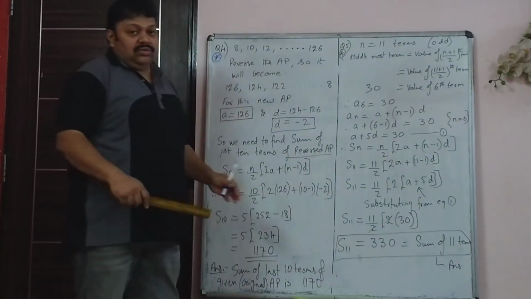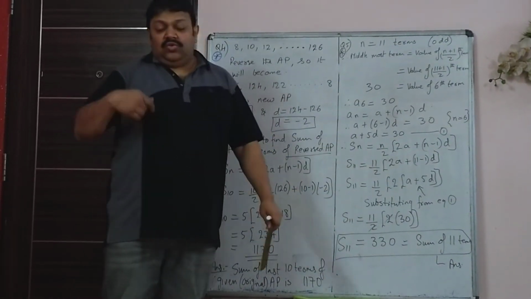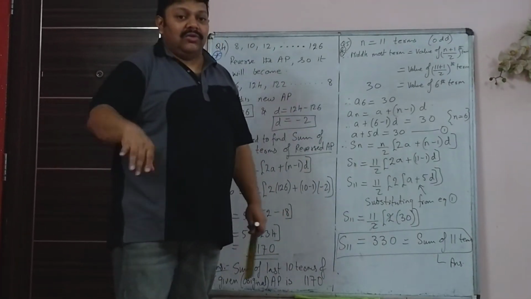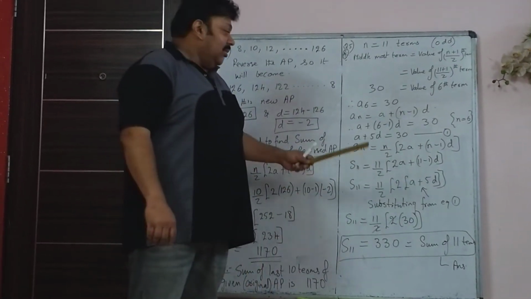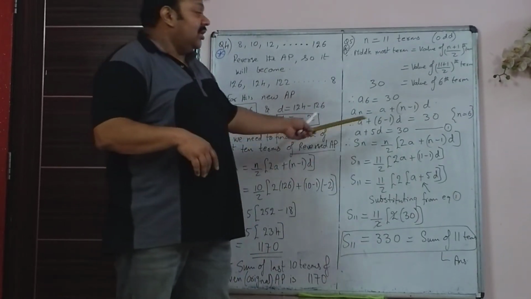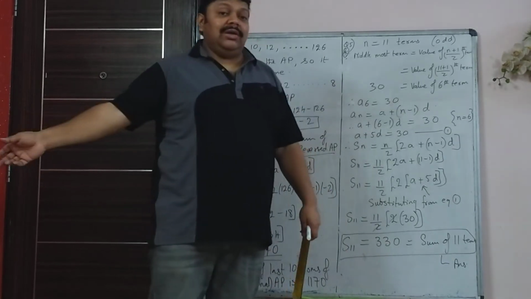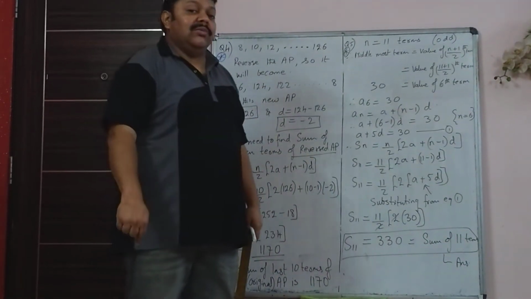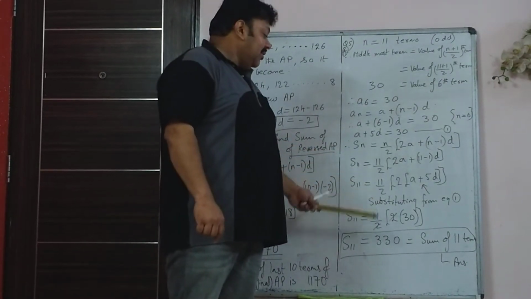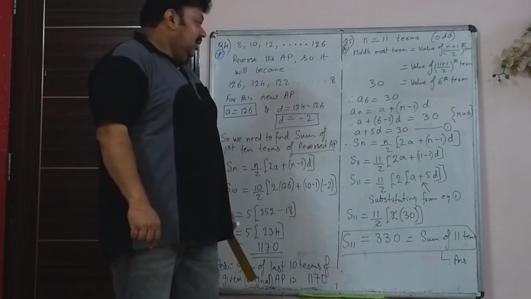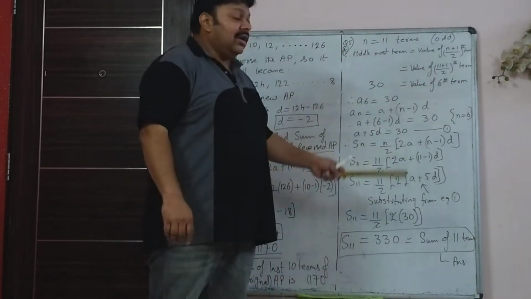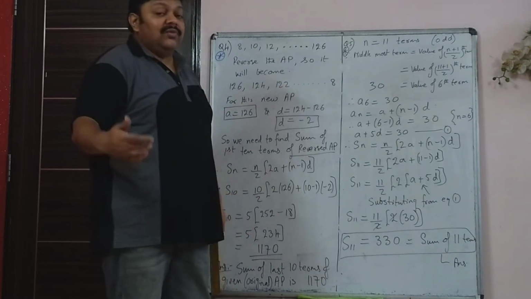Now there are two unknowns, a and d. When there are two unknowns, you can't solve it with only one equation; you have to get a second equation. So immediately when you get the first equation, you know that from some other data given in the question, you have to frame another equation. You are also given that the sum of 11 terms of the AP is what you have to find. You are not asked what a and d are. You are asked what the sum of 11 terms is.